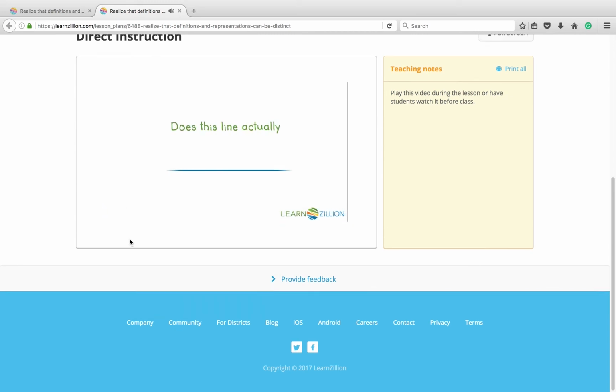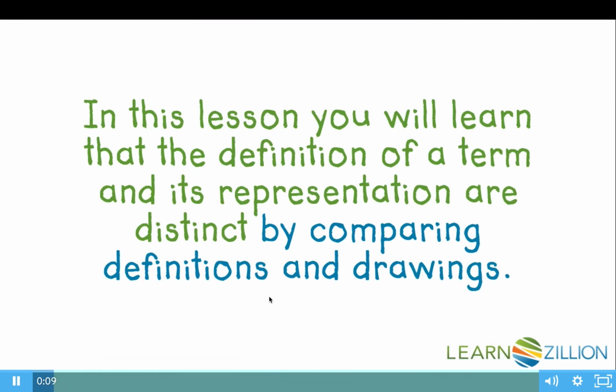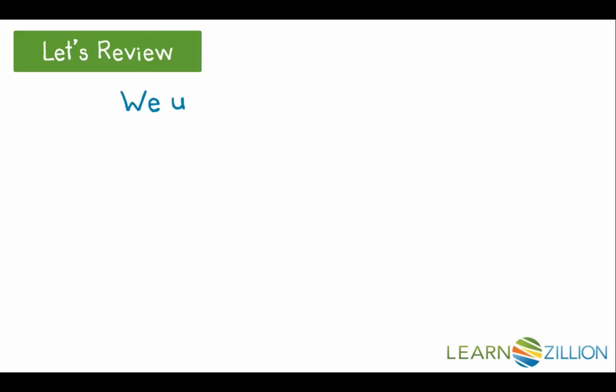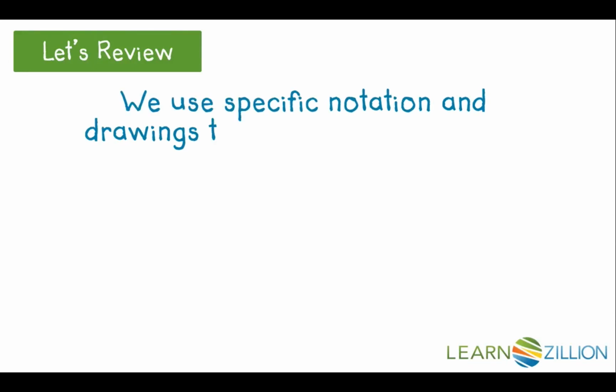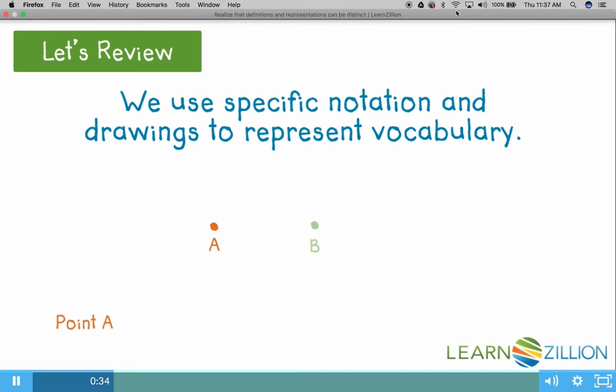Does this line actually go on forever? In this lesson, you will learn that the definition of a term and its representation are distinct by comparing definitions and drawings. Let's review. We use specific notation and drawings to represent vocabulary. If we want to draw a point, we draw a dot on the page and we label it, usually with a capital letter. This is point A. When we write it, we either use just capital A or we write out point A. If we want to draw a line, first we would need a second point to